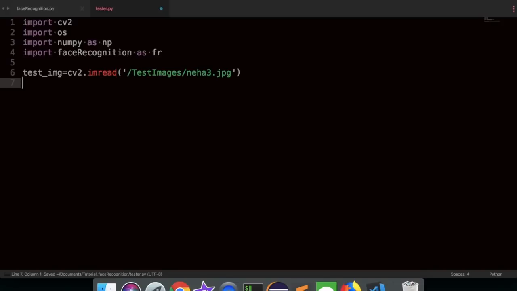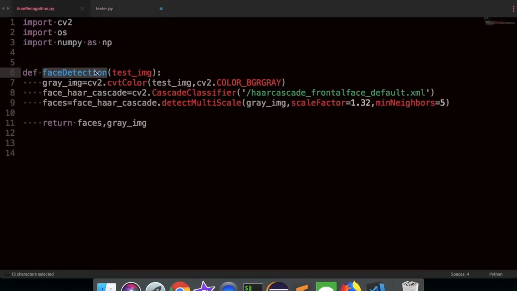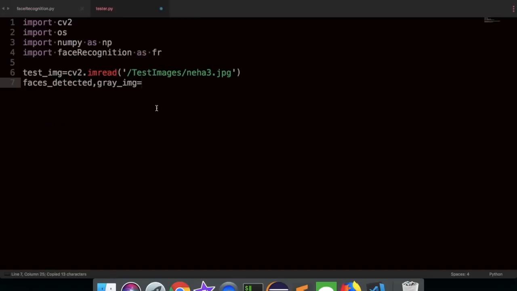Okay, now let's say we get faces detected and a gray image by calling fr.face_detection, and we are going to pass it this test image which has been loaded using imread. Okay, and now let's just print how many faces were detected. So we'll just say faces detected,